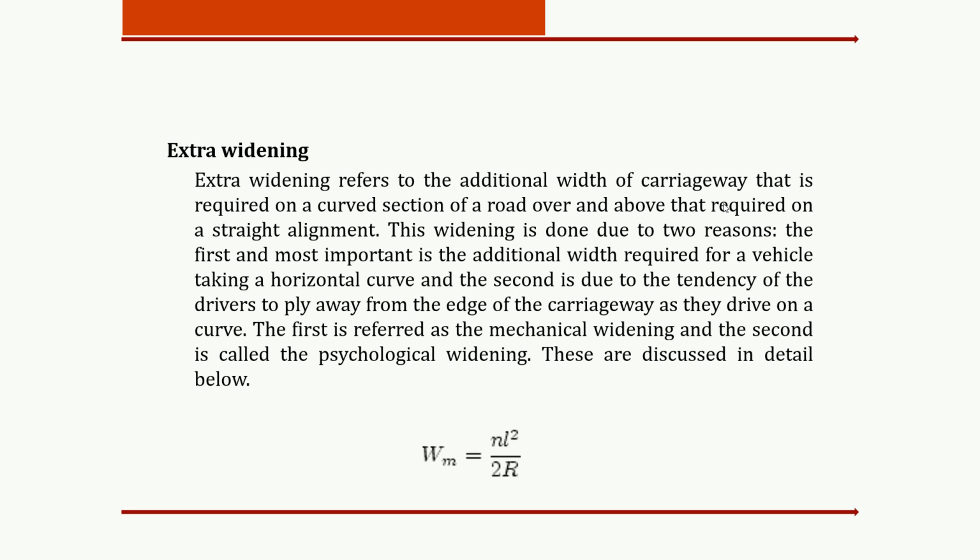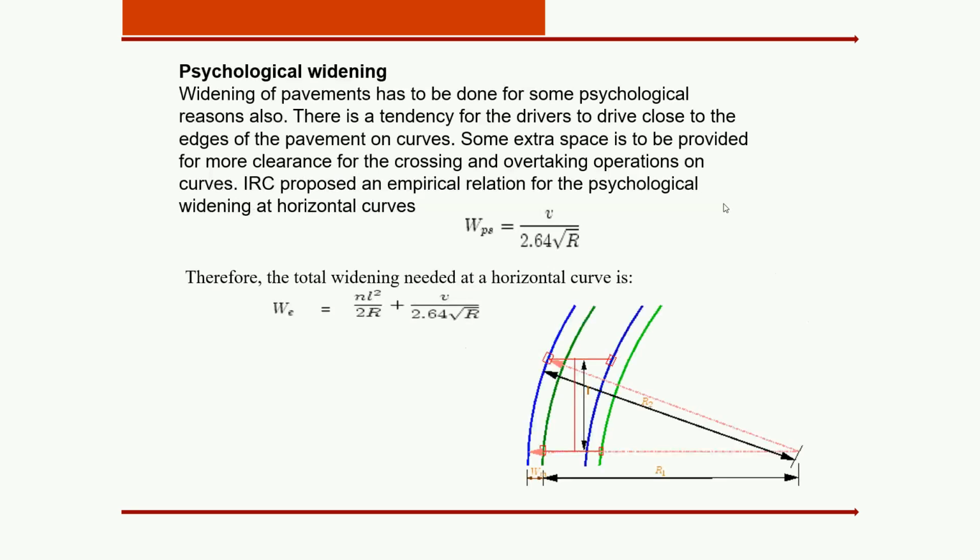Mathematically, the mechanical extra widening is calculated by nL squared divided by 2R, where R is the radius, L is the length, and n is the number of lanes. When we take the numericals, I will briefly discuss the extra widening. The last point here is the psychological widening. As per the IRC recommendation, when you want to calculate the psychological widening, you can use this formula. The psychological widening is given by nL squared divided by 2R plus